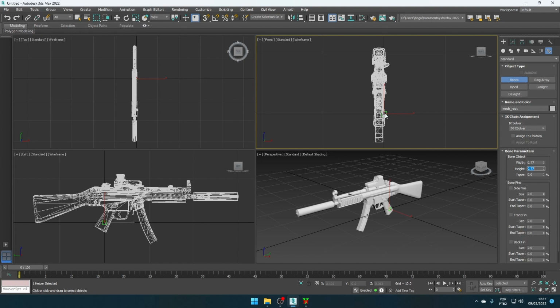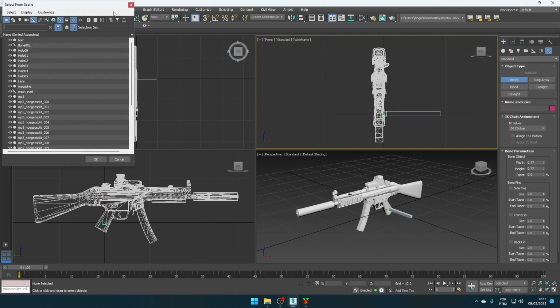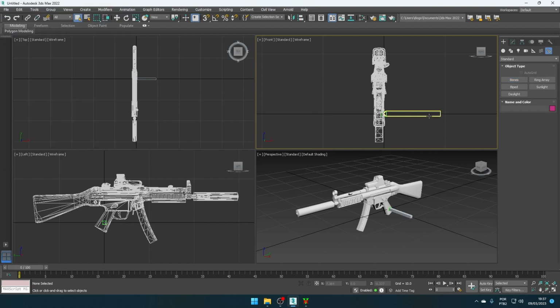So okay, I'm gonna create a bone. Now that I've set the width and height, I'll place it near the origin. So click, click, and delete again that little part that comes at the end. Oops. So select the bone. The size of the bone doesn't really matter when you put it on the screen, just that 0.77 for width and height. So again, just for convenience, I'm gonna place the bone at 0, 0, 0. I'm gonna rename the first bone as gun,